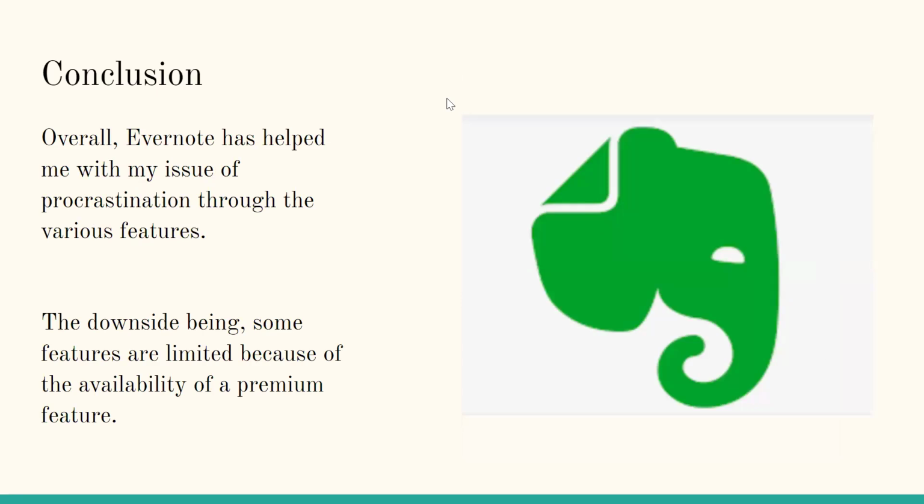Like I said, they proved to be very useful to me because it gives me a bunch of resources at my disposal to make sure I'm on top of my stuff. I didn't find too many downsides, but the one I did find was that there's a feature to upgrade, and if an app has a feature to upgrade, it's always going to try to push you to buy it. That's why the ads pop up, but that's something you get used to once you use the app for a little bit.